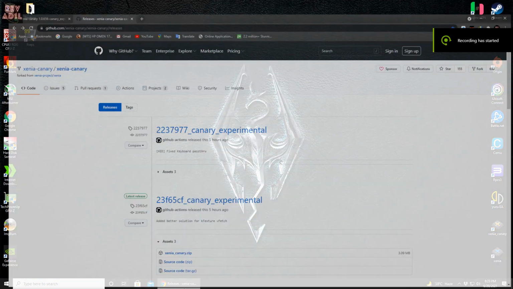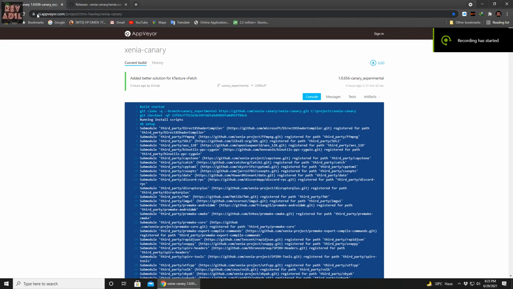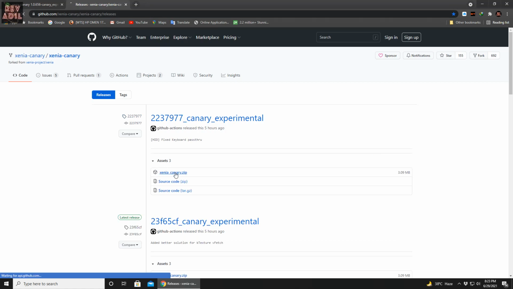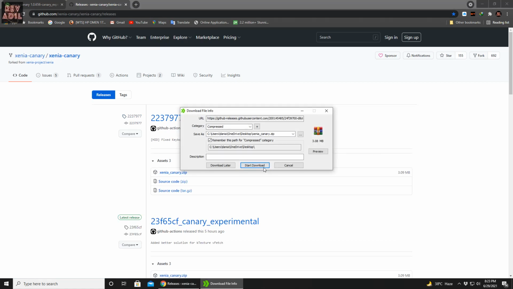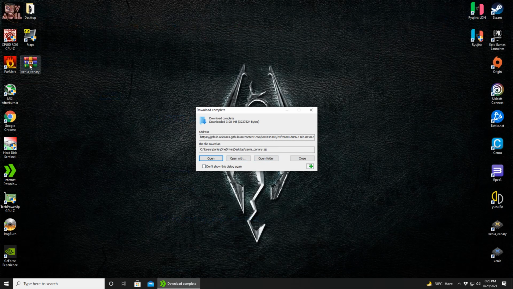For the purpose of download, I provided two source links in the description. One is GitHub and the second one is App.io. I mostly prefer the GitHub version. Here we have the latest version from recent dates. I'm going to download this compressed file on my desktop, and once we have the file downloaded, we are going